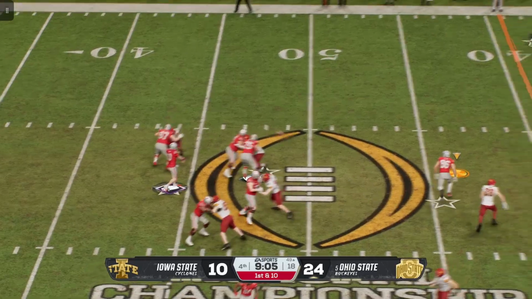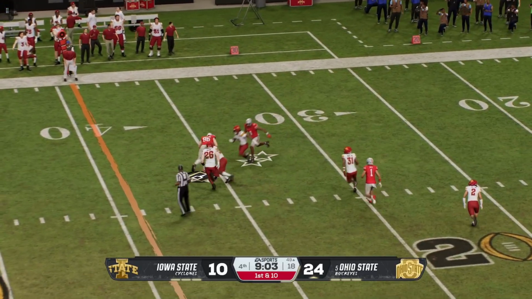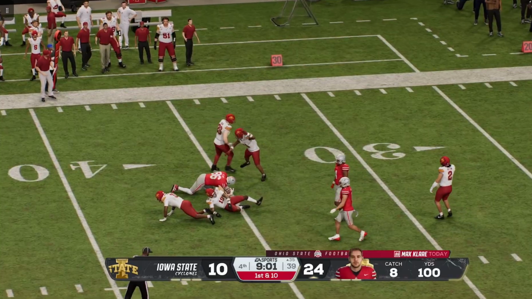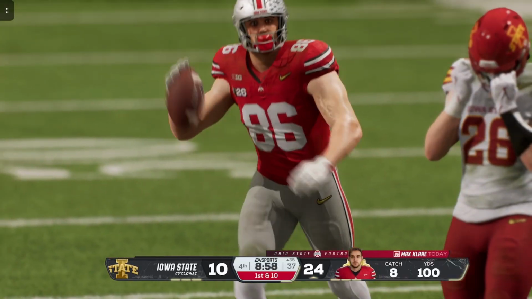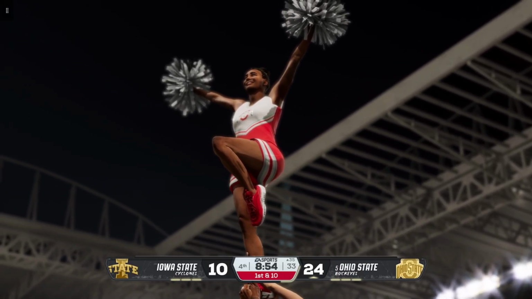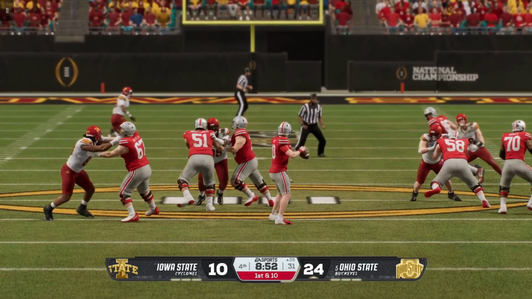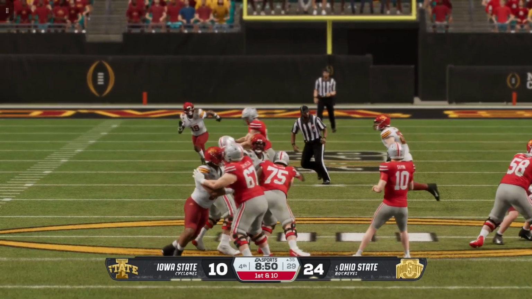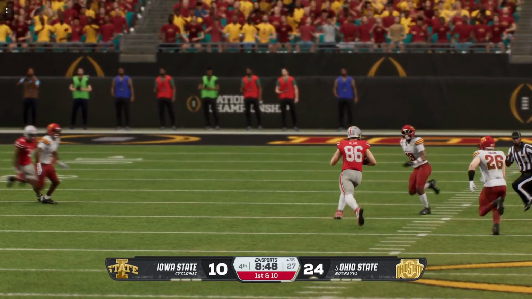Off the play fake, looking to throw. He dumps it off to the tight end. They bring him down, but that's a solid gain on the play. Well, this guy just keeps making plays. I mean, here we are late in the ball game. They keep finding ways to get him the football, and he's had one of those games that they just can't find a way to slow him down.